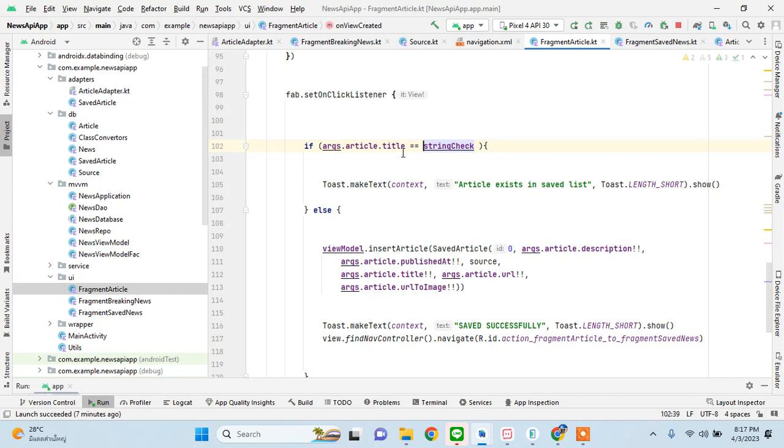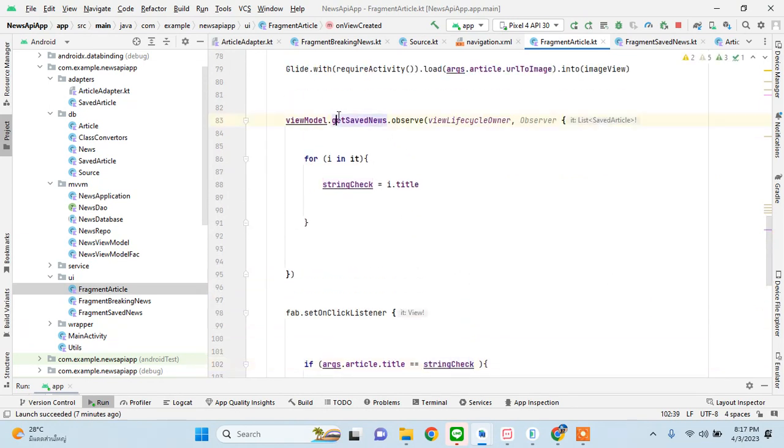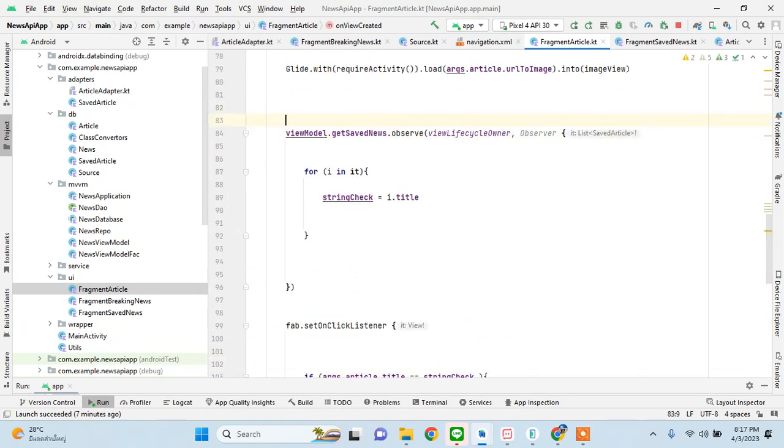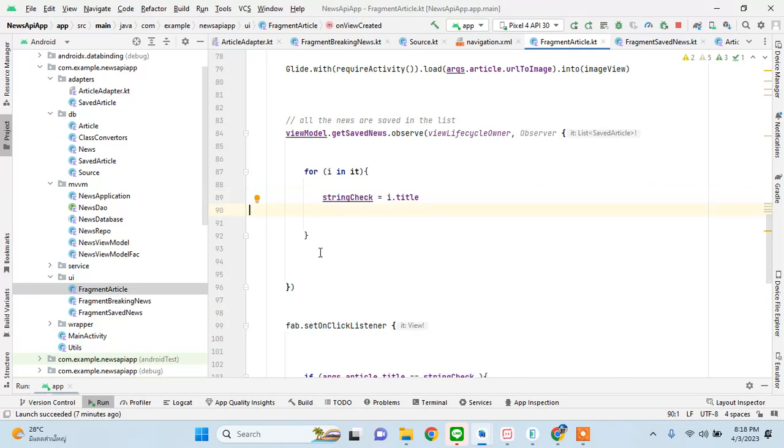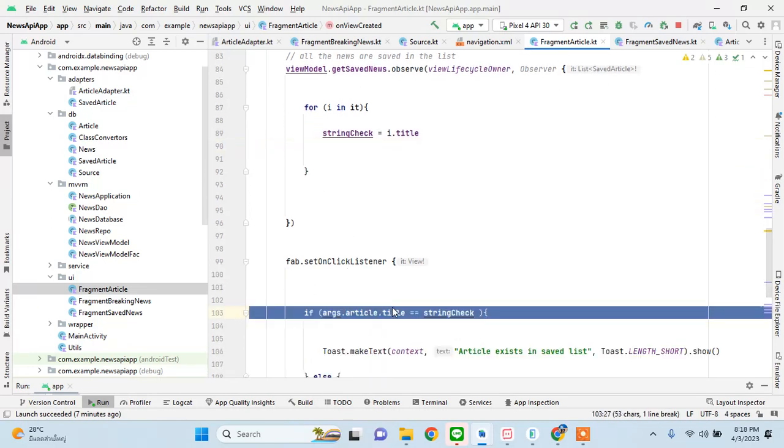So again, this is all the list of the news, right? All the news are saved in the list in this one, right? So we are running a for loop on it. It goes around and checks all the titles, that okay, if the title is whatever the title is, it stores in here and checks from here if that title equals the title that we have actually clicked on. So yeah,